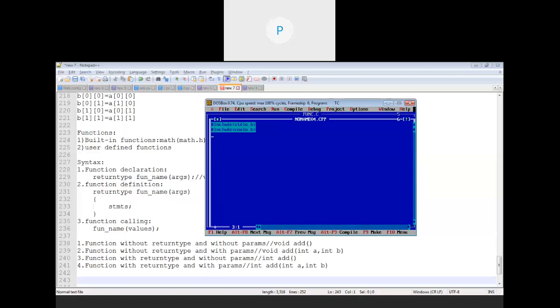Now let's see if I ask you to calculate this series, that is 1 factorial plus 2 factorial up to n factorial. For that purpose, if you have noticed in this particular series, the factorial function is repeated again and again. I need to take the factorial of every number, and that's why